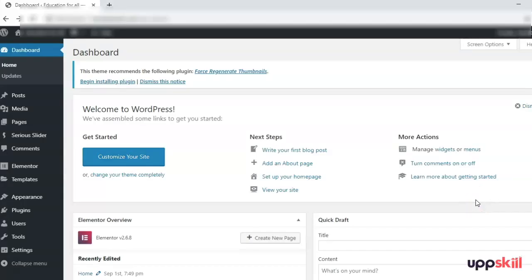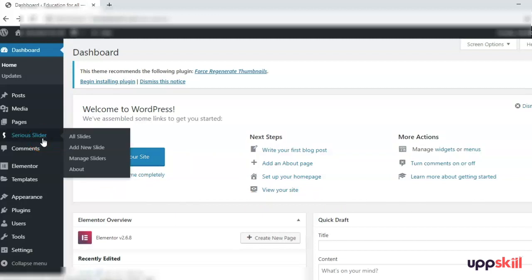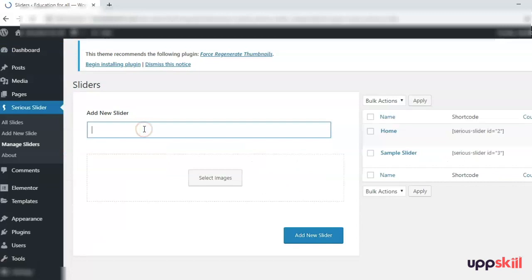As you can see, I have logged into the admin dashboard and here I am at the back end. First of all, the home page that we created in the previous session, we are going to complete that home page. For that, I need a header slider. We'll go to Series Slider, Manage Sliders, add a new slider,